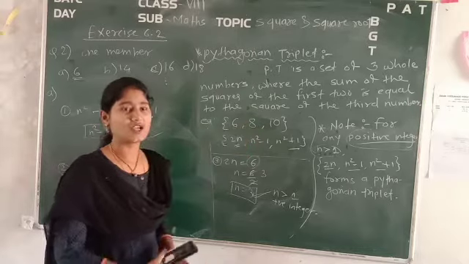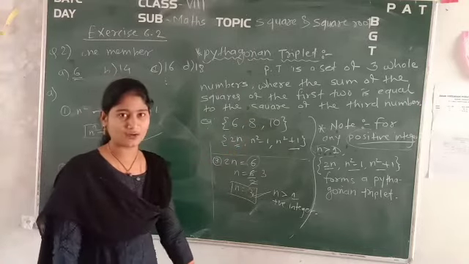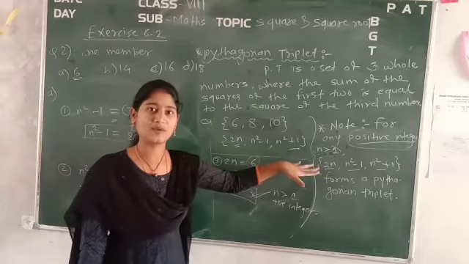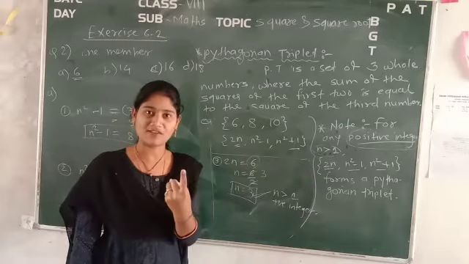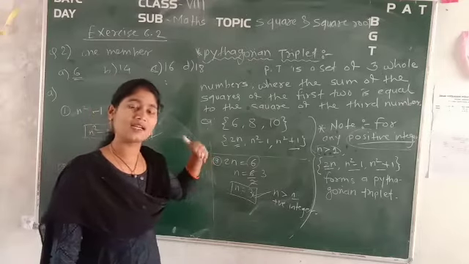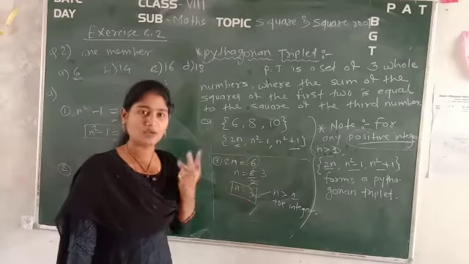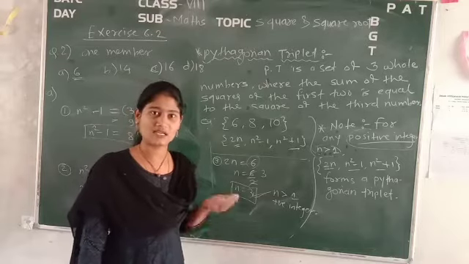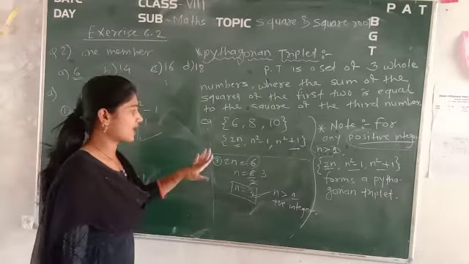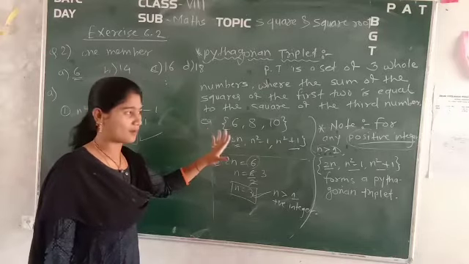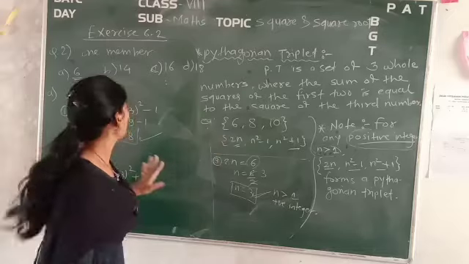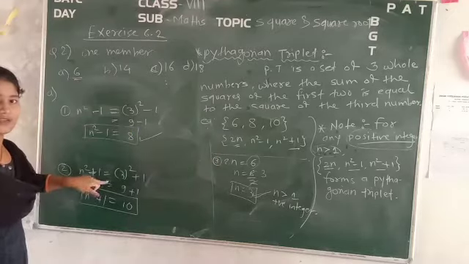So in that way, you can find the Pythagorean triplet if you are given the value of one member. From 3, if you are given only one member, by clarifying this assumption as well as by directly taking the value, you can find it. In both ways, I have clarified your doubts indirectly without your question. So now keep in mind how we can find it in that way: either by putting 2n equal to that value which is given to you, or by putting it in n square plus 1 and n square minus 1.